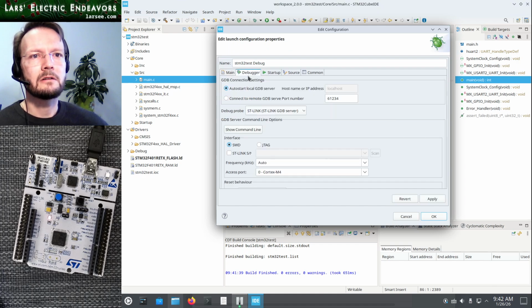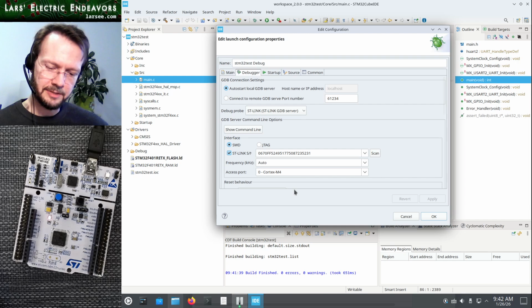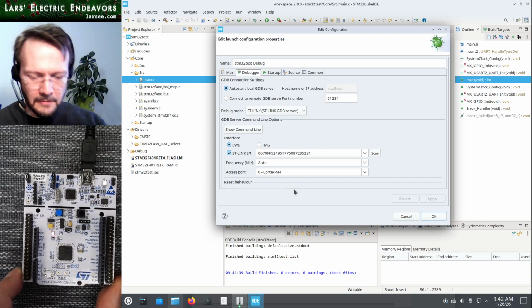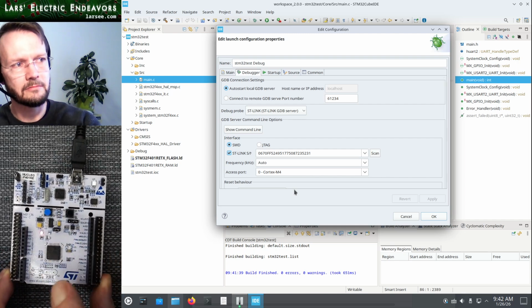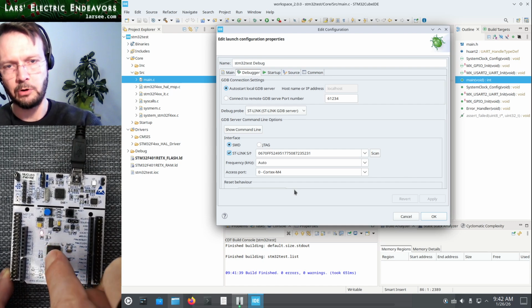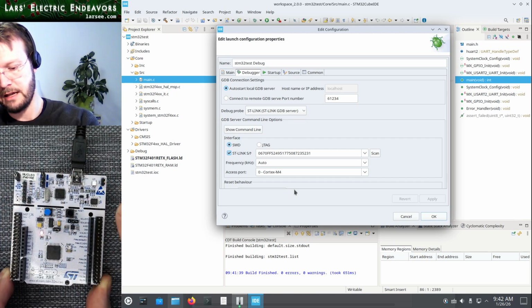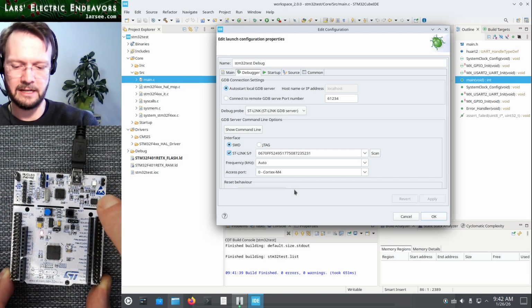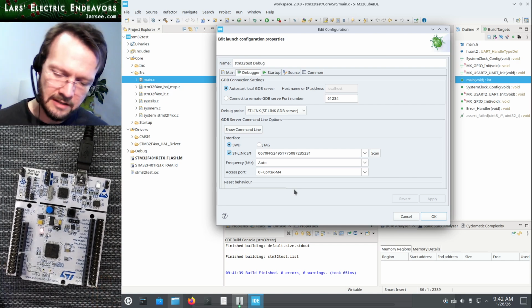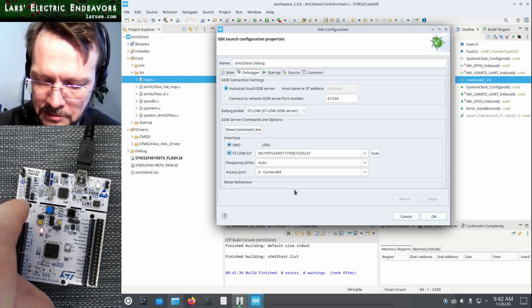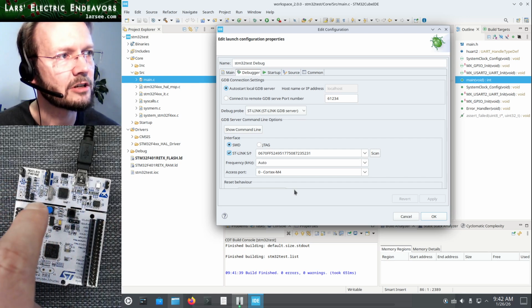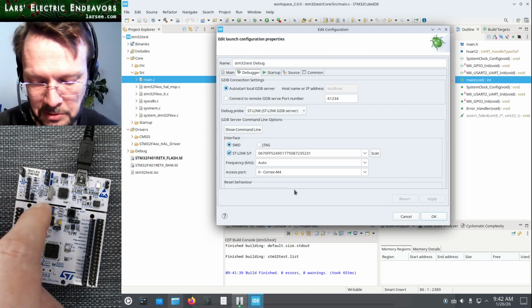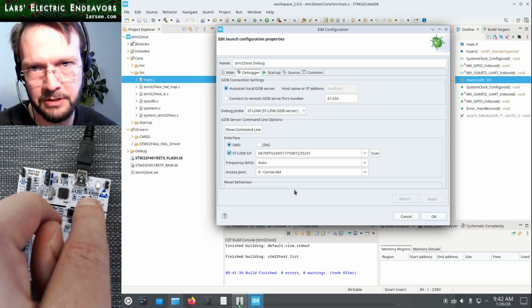Yes, debugger. What do we choose here? It's an ST-Link. I found it. Apply. So this board, just a quick explainer here. This part of the board is our target with the chip that we're going to program and work with. This part is an integrated programmer called an ST-Link. And I suppose they intended that you might be able to actually break it off. You see there's a slot. So I suppose you can break it off and you will have a separate programming tool and a separate target